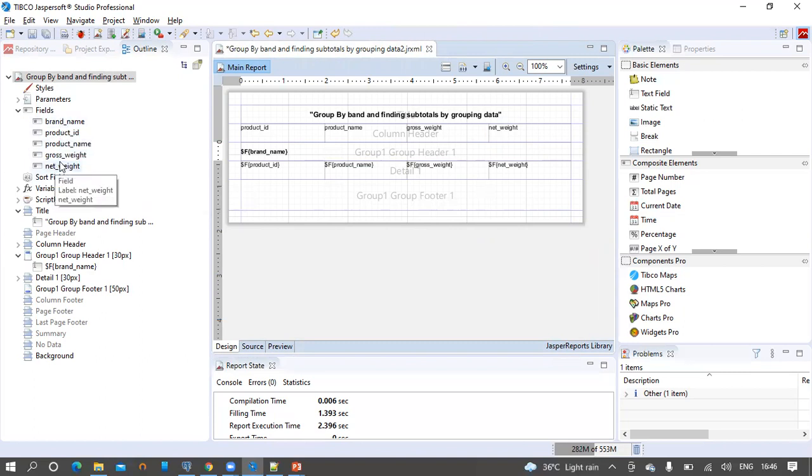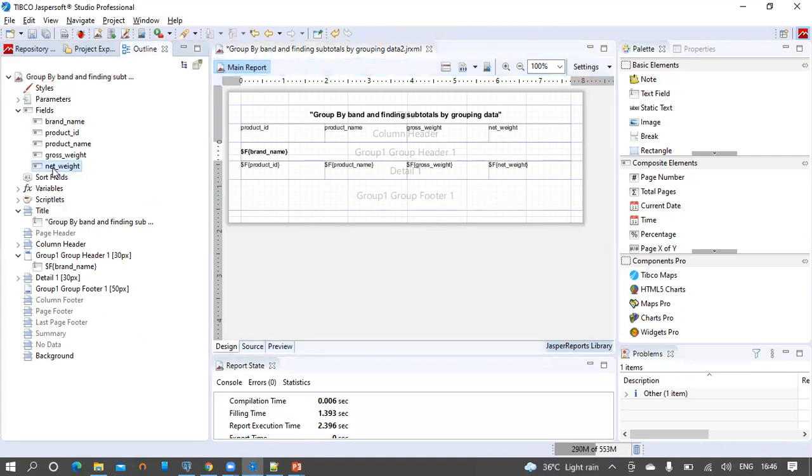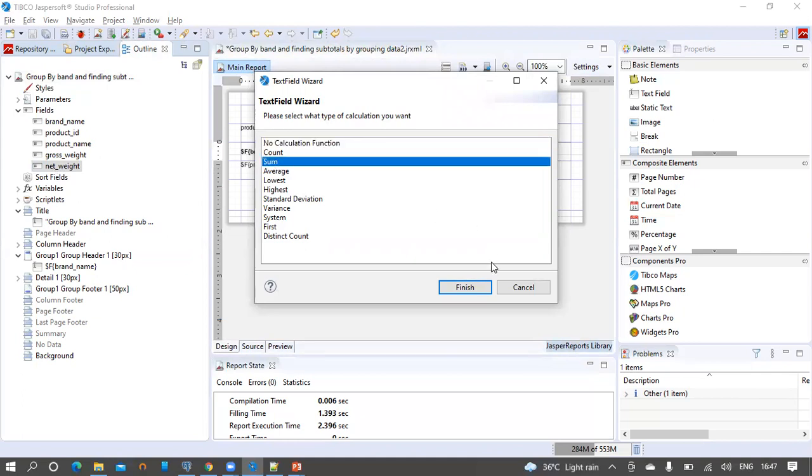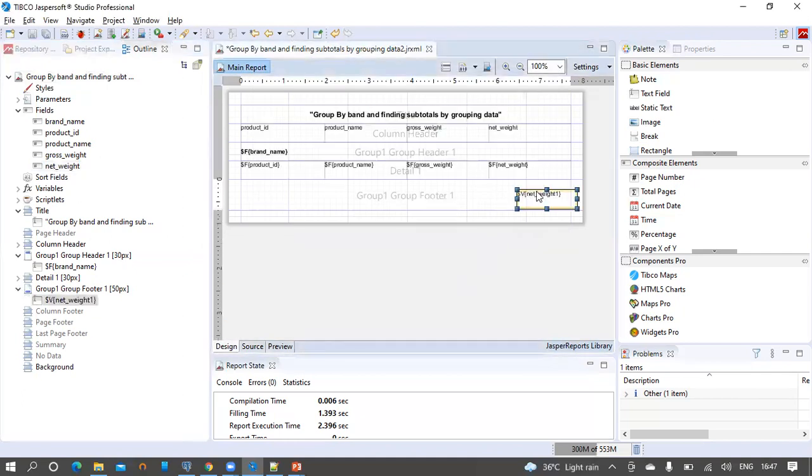So the net weight field, and drag it onto the group footer here. This pop-up contains the available functions that we can apply on the net weight field. Let us select sum, then click on finish.